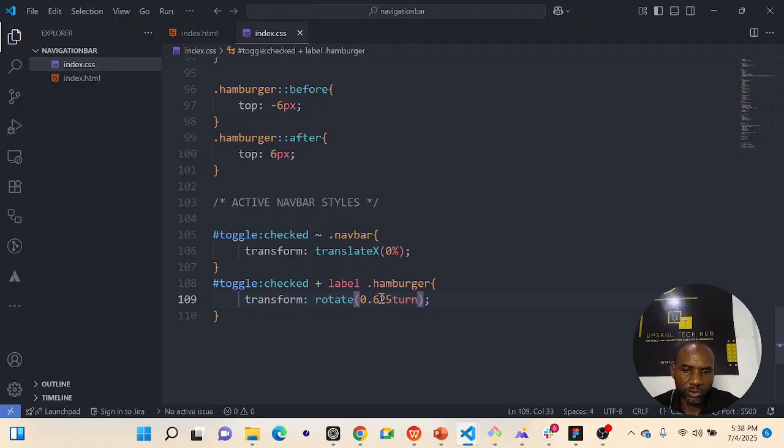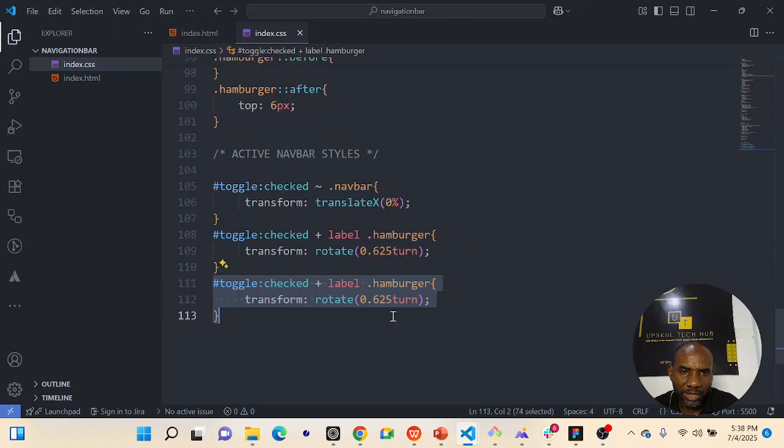All right, 0.625 turn, and then that will be okay for that now. Then the next one will be the hamburger before. All right, so we're going to target the hamburger before,